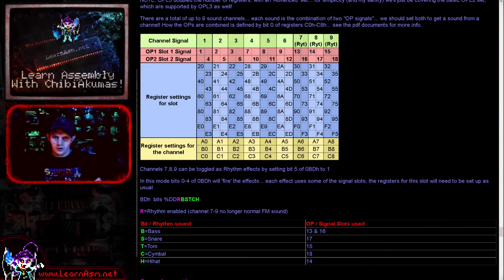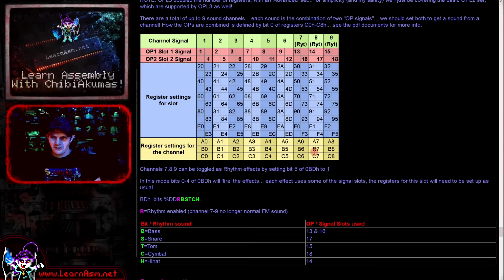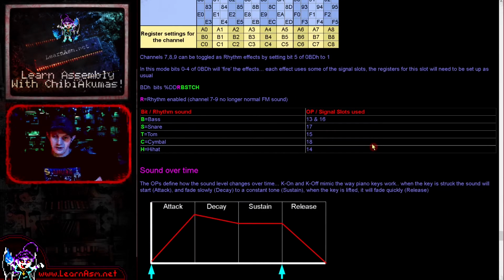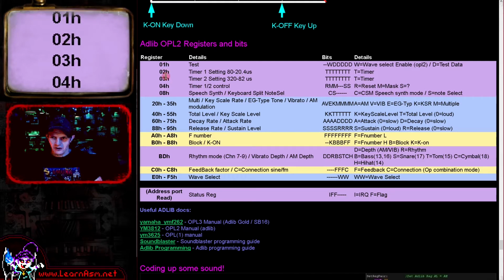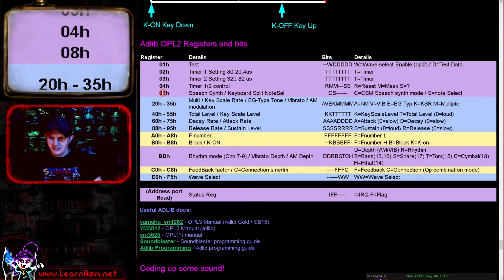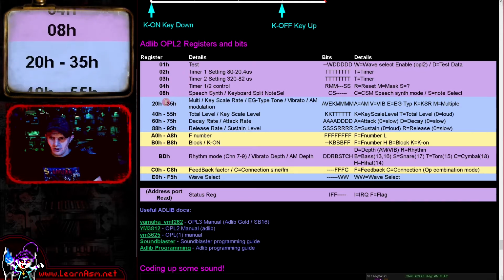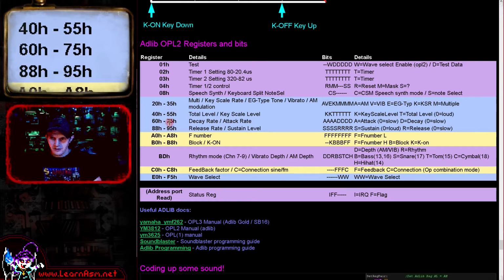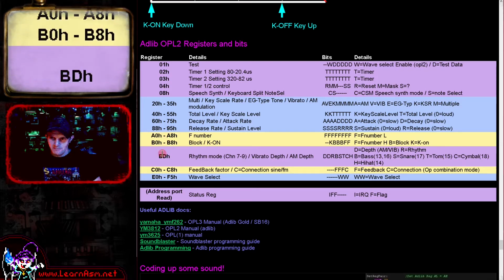And so that's what I've done. I've got this setReg pair function that basically runs setReg twice and adds 3 the second time, and this is just an easy way of setting both operations to a value which will at least create some kind of sound. Now these Adlib registers all have different functions. At the start we've got a bunch of general ones here. These will be global, that affect all of the sound channels. We've then got a set that are exclusive to the operation, so there's 2 of these. As I say, you add 3 to get the second one, and then we have some channel exclusive ones here,